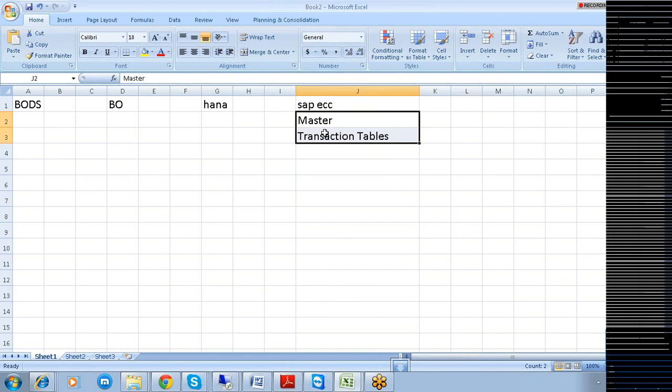Now, my main purpose is I want to bring these master tables and transaction tables replicated into this HANA database. That is the target that I'm having here.